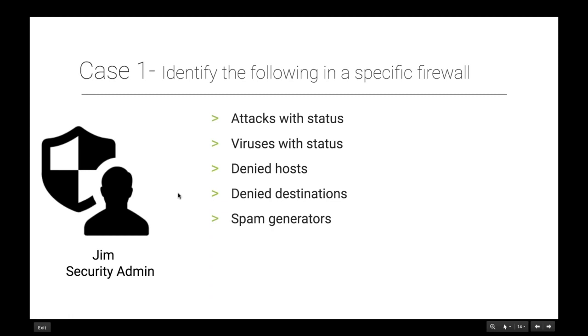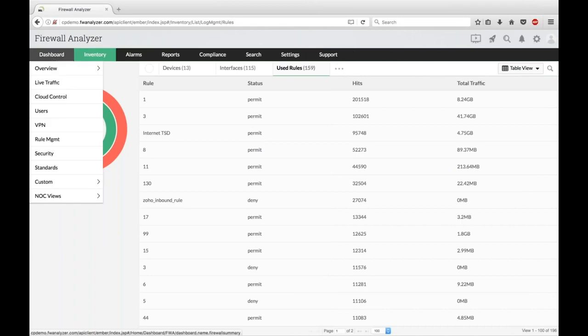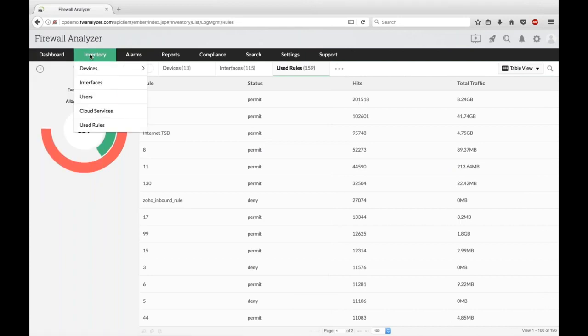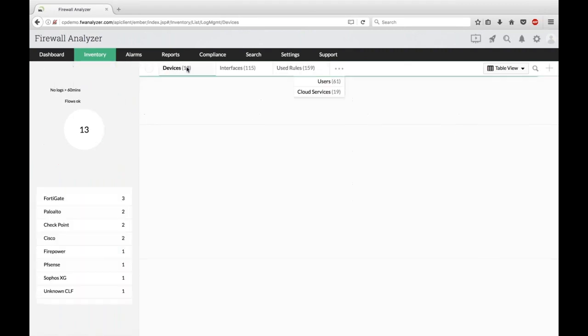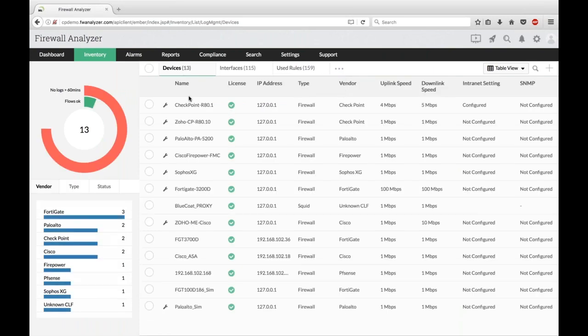In Jim's company, a lot of attacks have taken place using a single firewall. So he has been asked to investigate everything about the attacks from that single firewall. Now let us look at how Jim identifies this using Firewall Analyzer. As I mentioned before, click on inventory because you need to figure out about a specific firewall device. On attacks on a specific firewall device, click on inventory and click on the device. And say let's take a single firewall, for example, a Palo Alto firewall device,